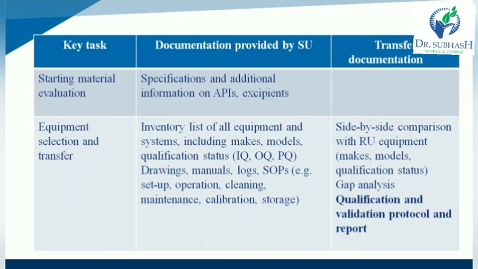So the first one is the inventory list of all the equipment and systems including makes, models and qualification status, all provided by the sending unit.